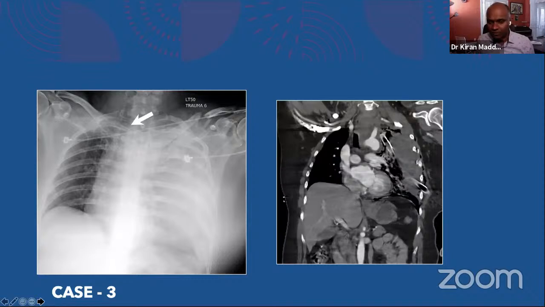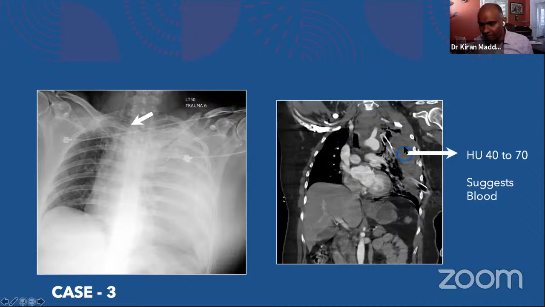So the patient was already intubated. By the time we had done the CT, they realized they needed to put the tube in there. There are some other findings which we will come to later, but this is a classic case of hemothorax. The one thing which I have to tell you, the young residents, young medical students, is, whenever we see a fluid,